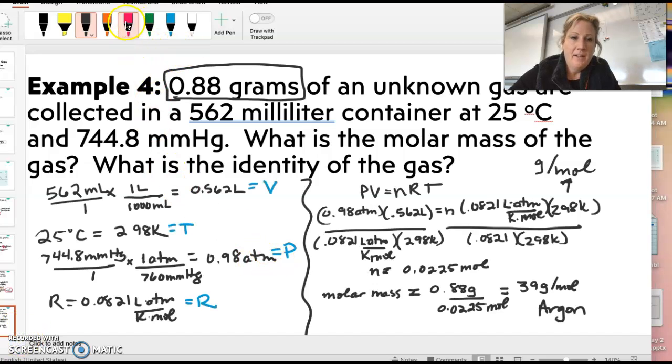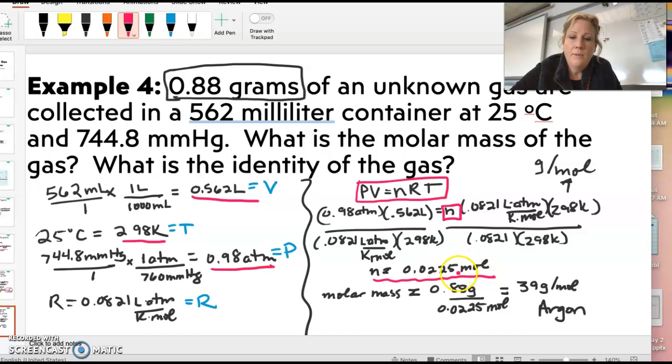Okay, so this problem had a lot of little details to it, didn't it? The volume had to be converted into liters, the temperature into Kelvin, and the pressure I converted to atm. You could have left it in millimeters of mercury and then used the other value of R, which I think is 62.4. I used my regular R, so that's why I went to atm. Then you plug into the equation, and our unknown is n. When I solve for n, I get